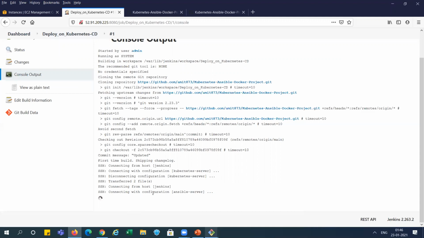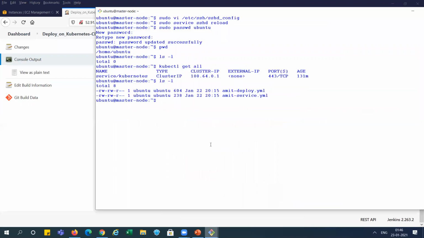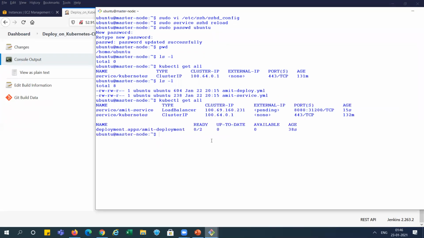So two playbooks are running, and you can see finished success, right? It means, you can see here, kubectl get all. It shows two deployments still not ready, and you can see one service is created. This is a load balancer, right? And the node port is 31200, right?